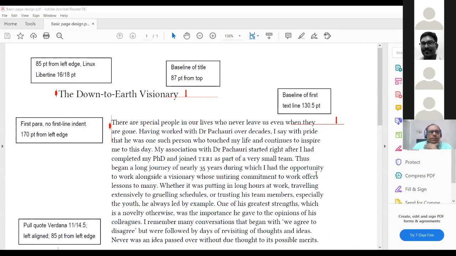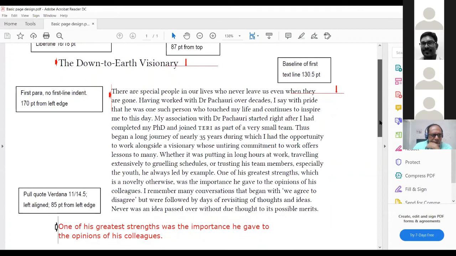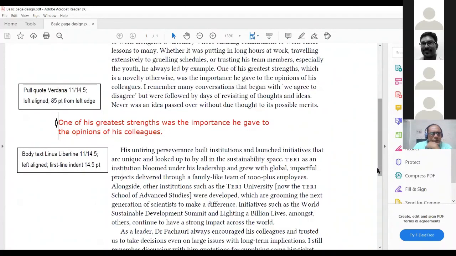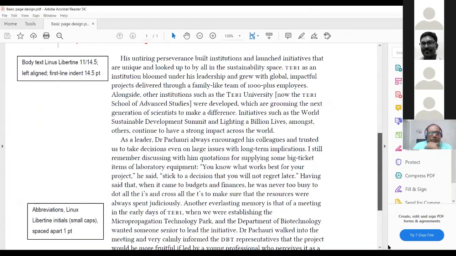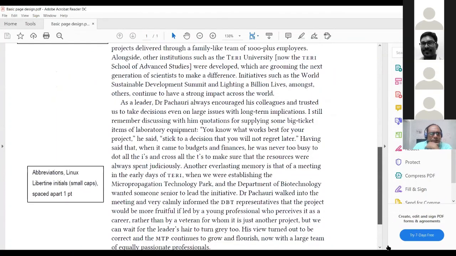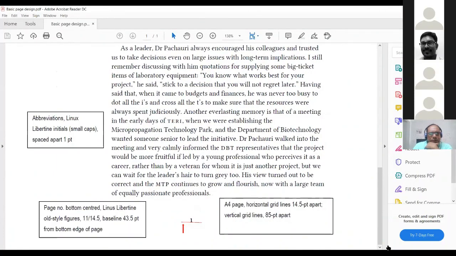for instance, let me just share a screen. This is the kind of details that you will need to give the typesetter if you want to have very careful page design. I'm sharing some design I recently worked on. If you want to do that, the typesetter will be happy, because then the typesetter is not required to make any particular judgment. You are simply giving a very detailed blueprint, and the typesetter is following that. But it will need all these specifications. That's the point I'm making.